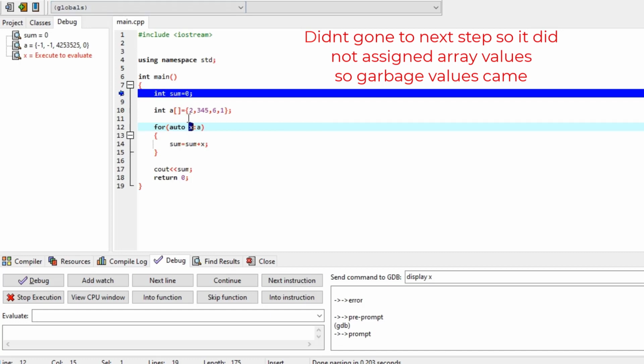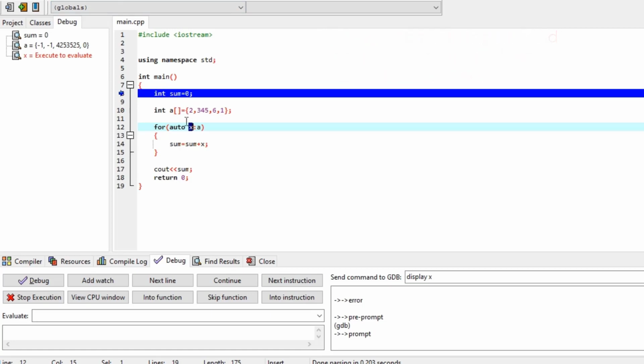I did not go to the next line, so it was not executed. That's why it came as garbage values, and x is yet to be evaluated. Here the array value is not yet assigned to x, so that's why it came like this. We want to watch these left side items, so firstly we will click on